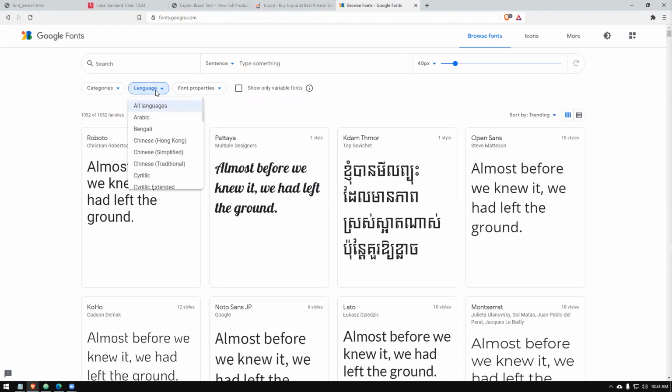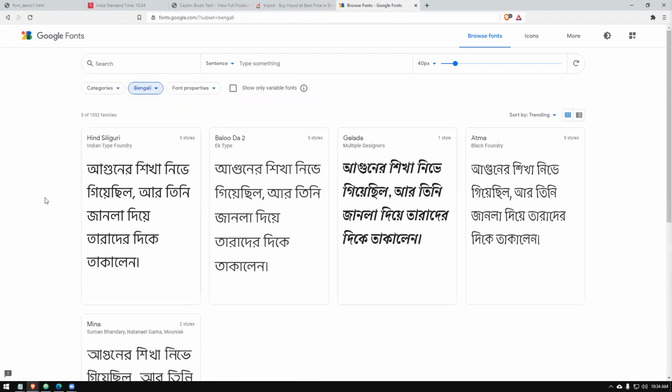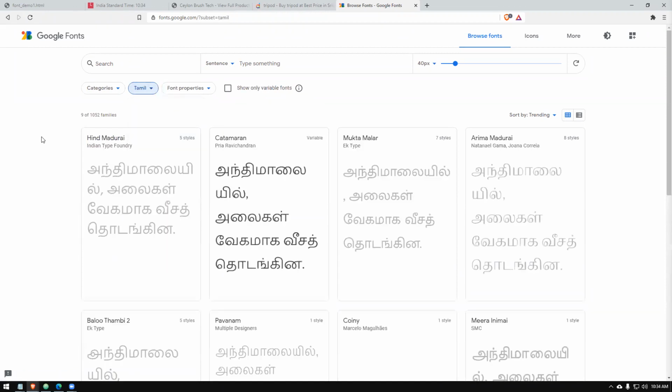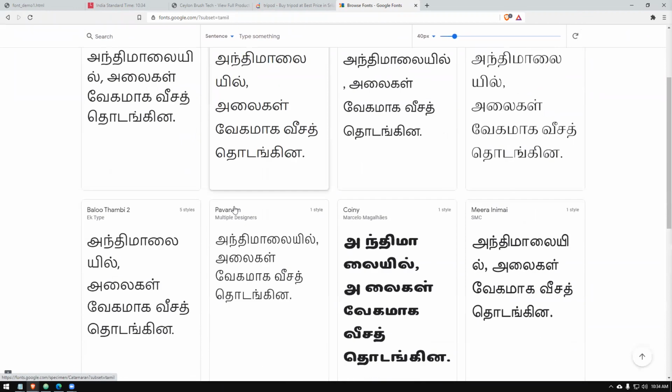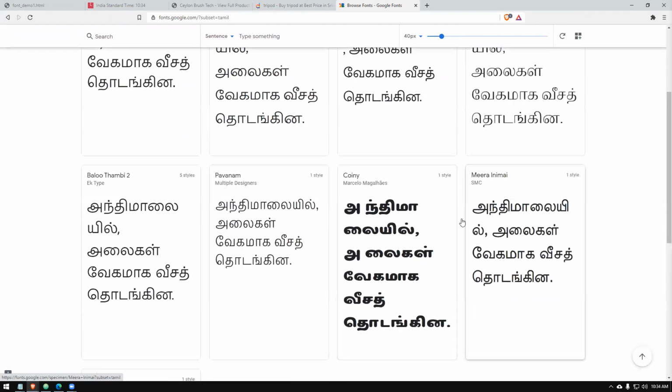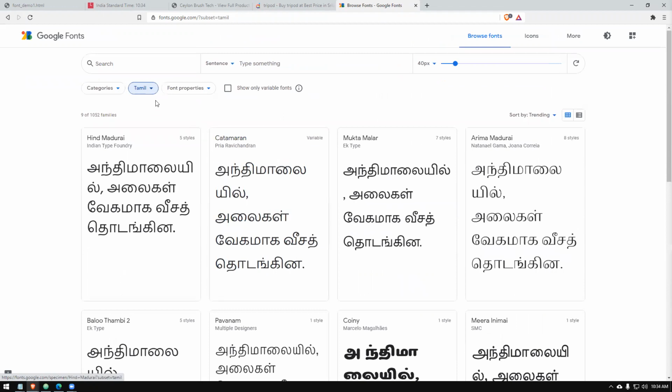Languages you can choose. Like, let's say, for example, I haven't seen Bengali text. This is more like Hindi. Let's say Tamil. So if you choose Tamil font, there are different Tamil fonts available. You can use any type of Tamil font. Chinese, no need. With the corona, I had enough with China.